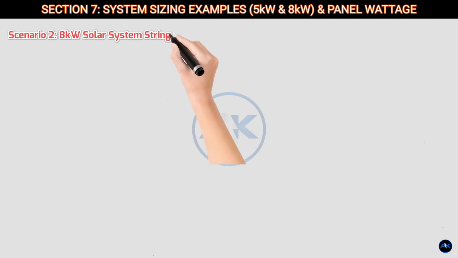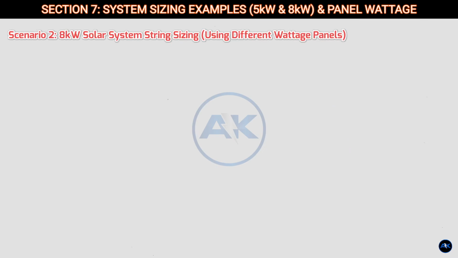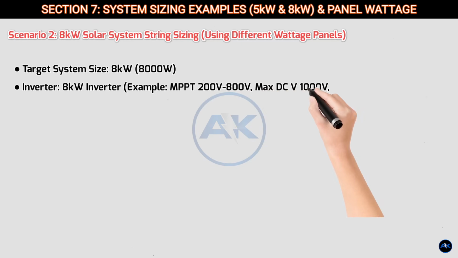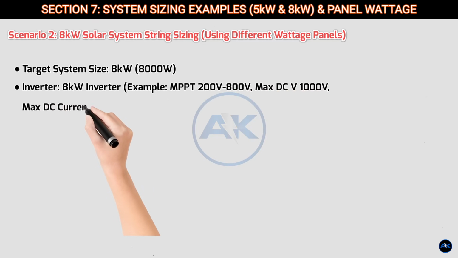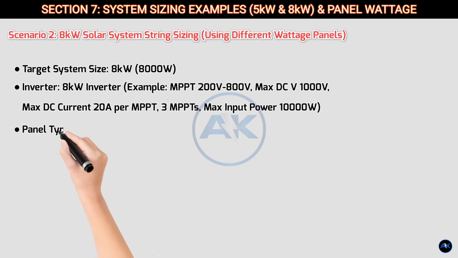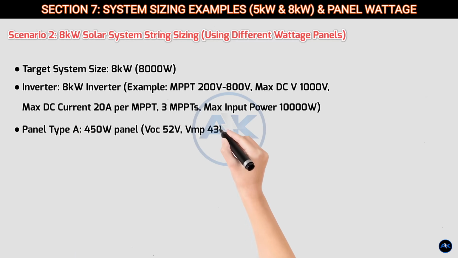Scenario 2: 8 kilowatt solar system string sizing using different wattage panels. Target system size: 8 kilowatt, 8000 watts. Inverter: 8 kilowatt inverter, example MPPT 200 to 800 volts, max DC voltage 1000 volts, max DC current 20 amps per MPPT, 3 MPPTs, max input power 10,000 watts. Panel type A: 450 watt panel, VOC 52 volts, VMP 43 volts, IMP 10.5 amps, ISC 11A,